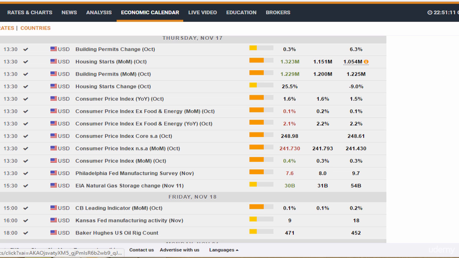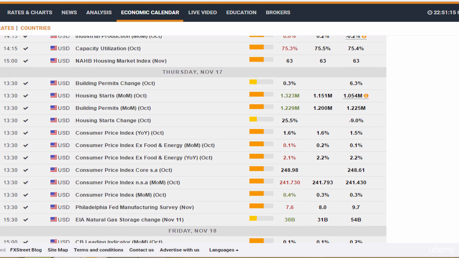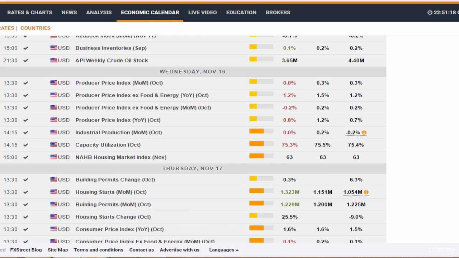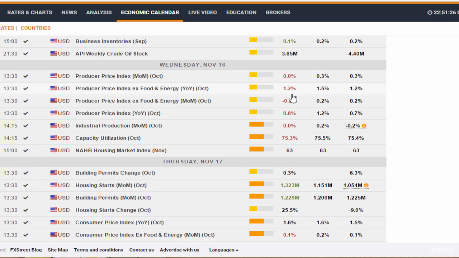So this is the economic calendar. This is the Forex Factory economic calendar. And we're just going to look at the correlation between PPI and CPI. Here you can see we have bad PPI data, PPI data coming out worse than expected, hence the red. Whenever news comes out better than expected, we have green. Whenever it comes out worse than expected, we have red. So you can see 0.7, we're getting 0.8, we're getting minus 0.2. So we have bad PPI data for this month of November.